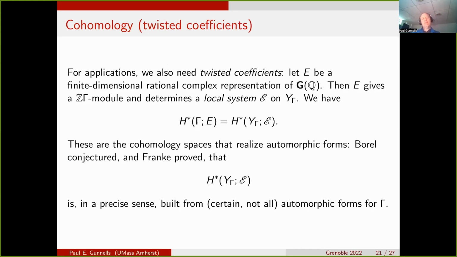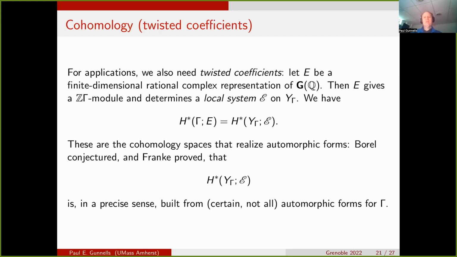So in general, for applications, we need to consider more than just integral coefficients. We need to consider coefficient systems or twisted coefficients. So in the general setup that we tend to work in, you take a finite dimensional rational complex representation of the group of rational points. So that just means you think about the classification that we were writing down before, and examples with SLN, SP2, and usually just means you take one of your standard representations that you know from your course on Lie groups and Lie algebras, and you just now look at it restricted to the group of rational points. So for example, the standard representation, symmetric powers, exterior powers, things like this.